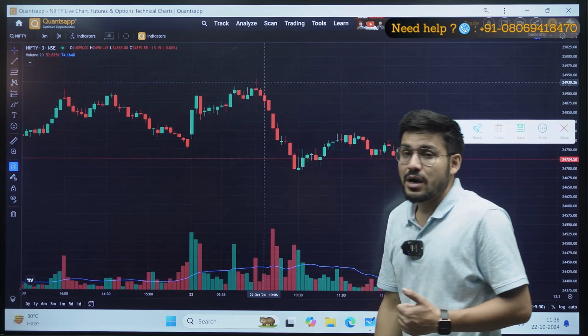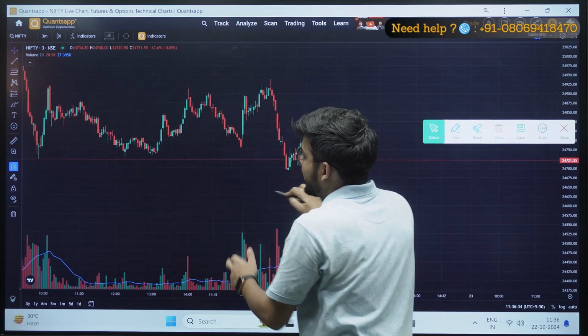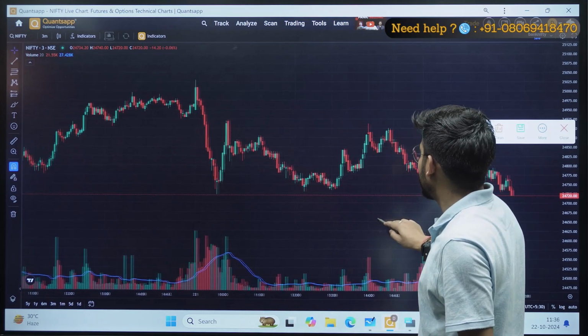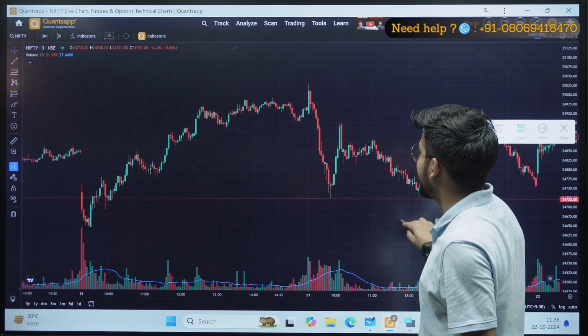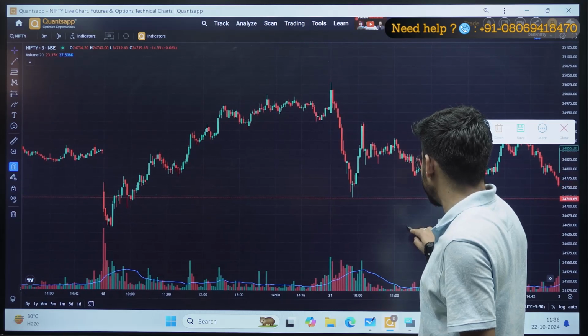That is your flag pattern, the bullish flag pattern and the bearish flag pattern. And I'm not getting any examples of ascending and descending triangles here, so let's see if I get some examples, I'll let you know, but I don't think there are any examples here as well.